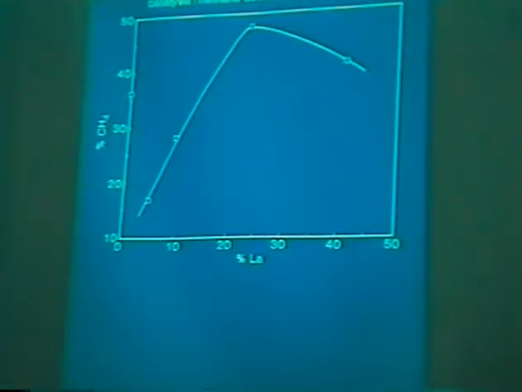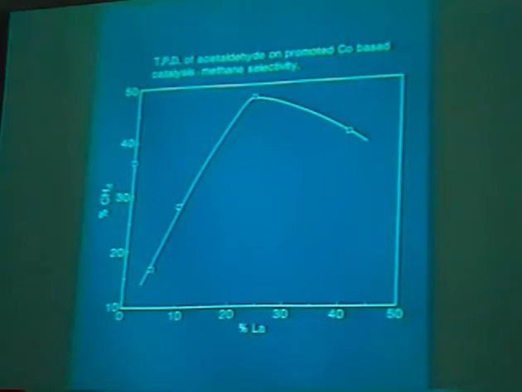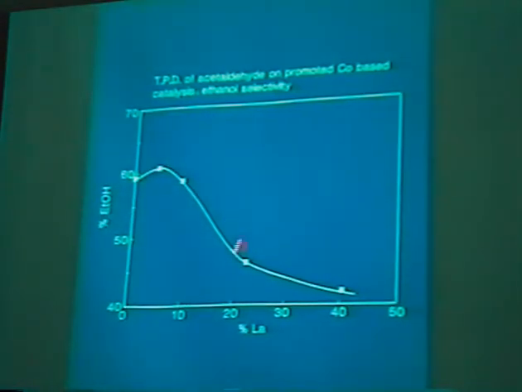Here I have a plot of the percentage of methane which is formed during the temperature programmed desorption of acetaldehyde on promoted cobalt-based catalyst versus the amount of lanthana which we put on a cobalt silica catalyst. And you can see that depending on the amount of promoter, the percentage of methane you obtain is not the same. And also, for ethanol formation, you have a reverse tendency, a decrease of ethanol, with an optimum which is not situated at